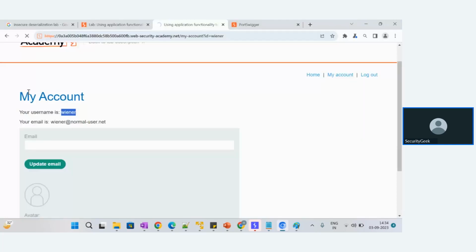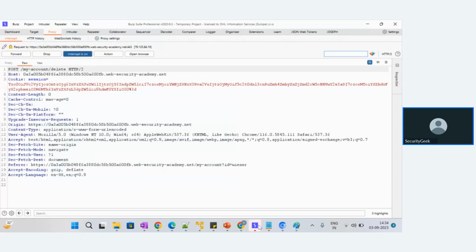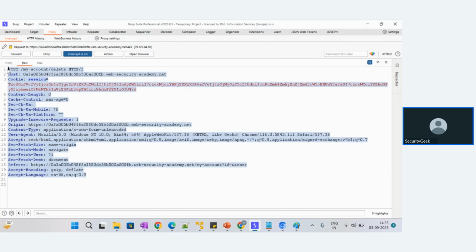Now let us see, if I click the delete account, whether any data is serialized or not. From this request, you can see which line is getting serialized. Can anyone try to say which line is serialized here? We can guess this third line is serialized